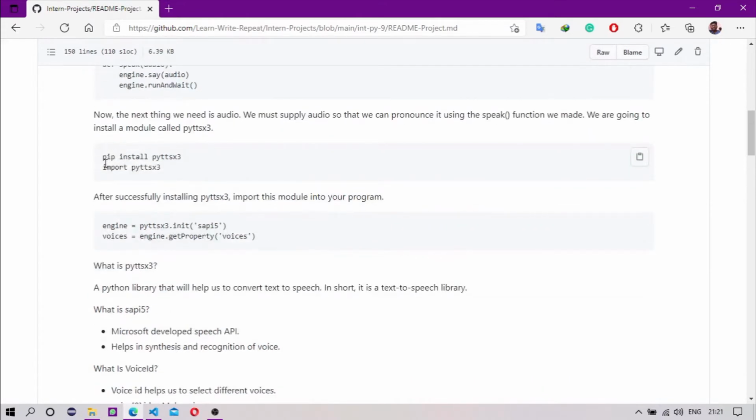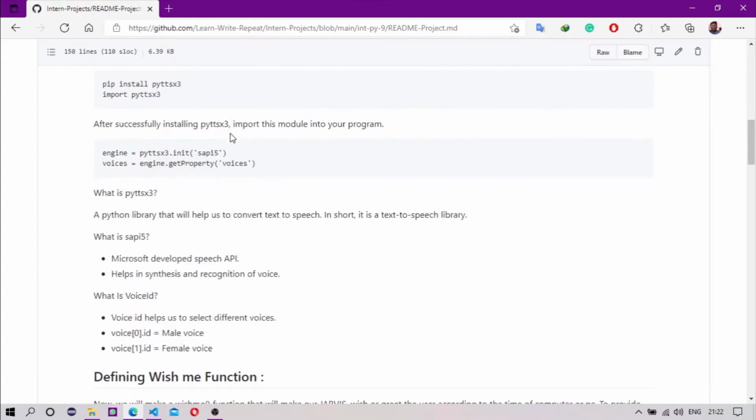Then we have to install pyttsx3 because the next thing we need is audio. For audio, we have to install pyttsx3. We must apply audio so that we can pronounce it using the speak function we made. We are going to install a module called pyttsx3. After successfully installing pyttsx3, import this module into your program.